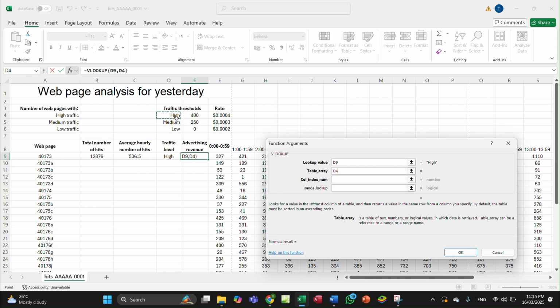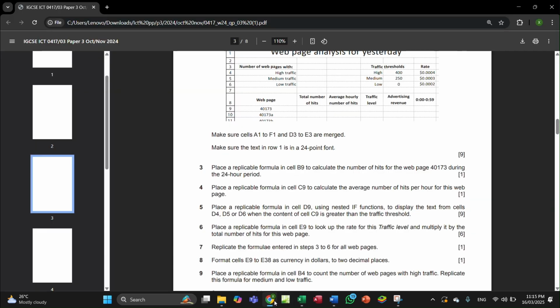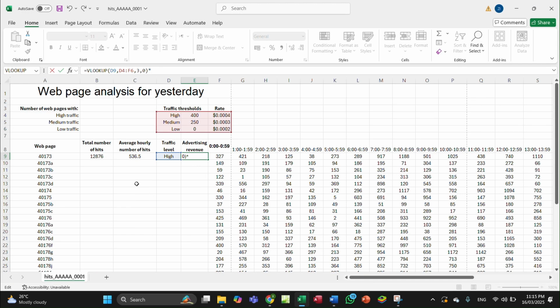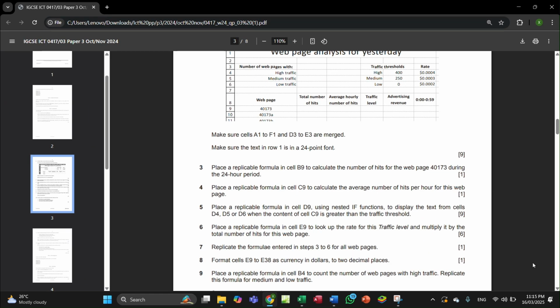Table array is this. Column index number, we need this, so it should be 3. Range lookup if false, so 0, like this. Then we should multiply it. Go here and write star by what? They said multiplied by what? By the total number of hits for this web page, so multiplied by this. Okay,